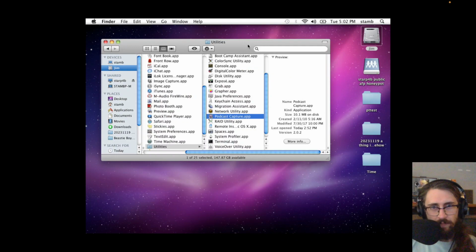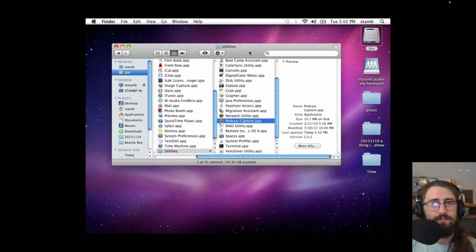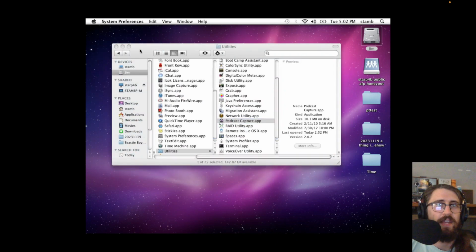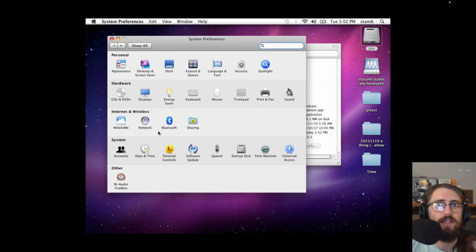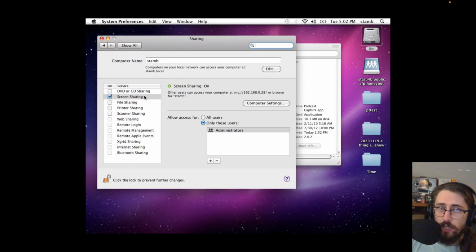And as I was kind of alluding to a moment ago, how is the VNC working, or how is this remote desktop thing working? It's just the built-in, whatever they call it, desktop sharing or screen sharing.